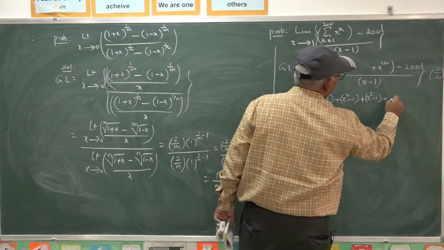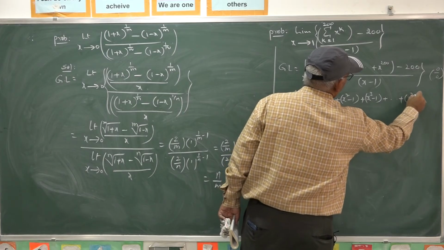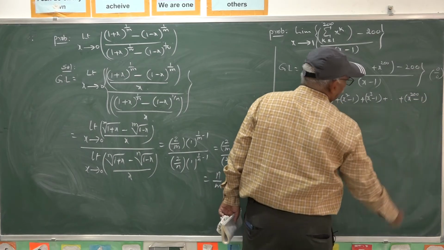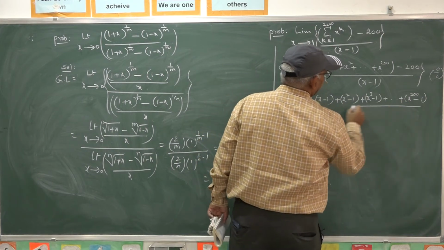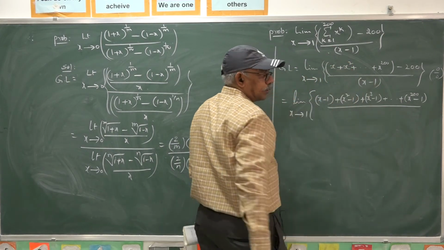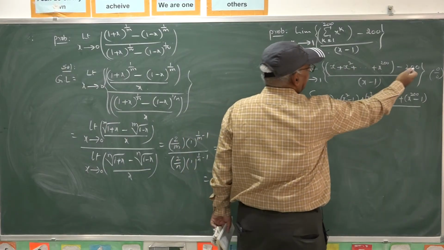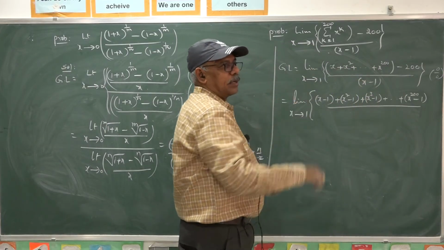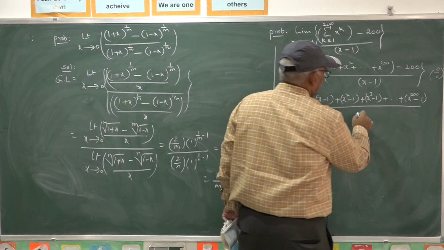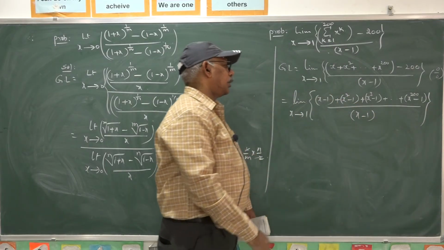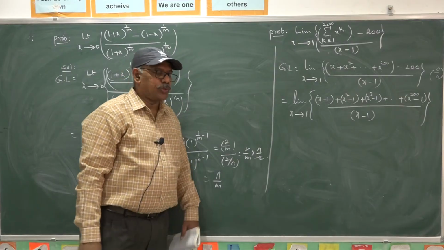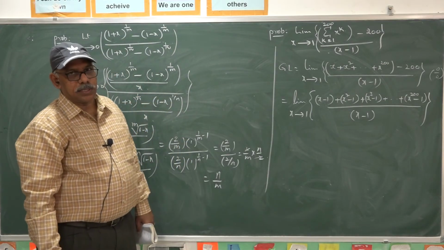Like that, for x power 200, you can attach one more 1. 1, 1, 1 until 200 times. Here we have 200 terms. For each term, I am attaching 1 out of 200. So, the total limit may be expressed as the limit x goes to 1, x minus 1 plus x square minus